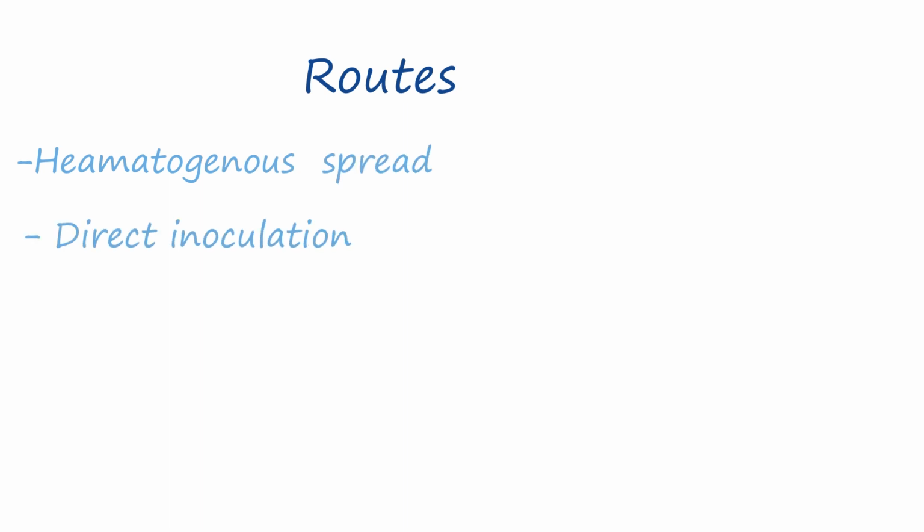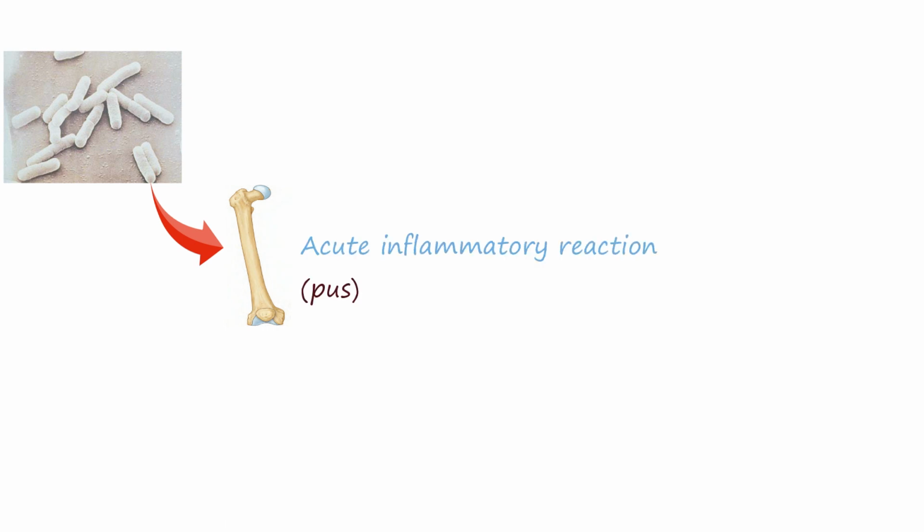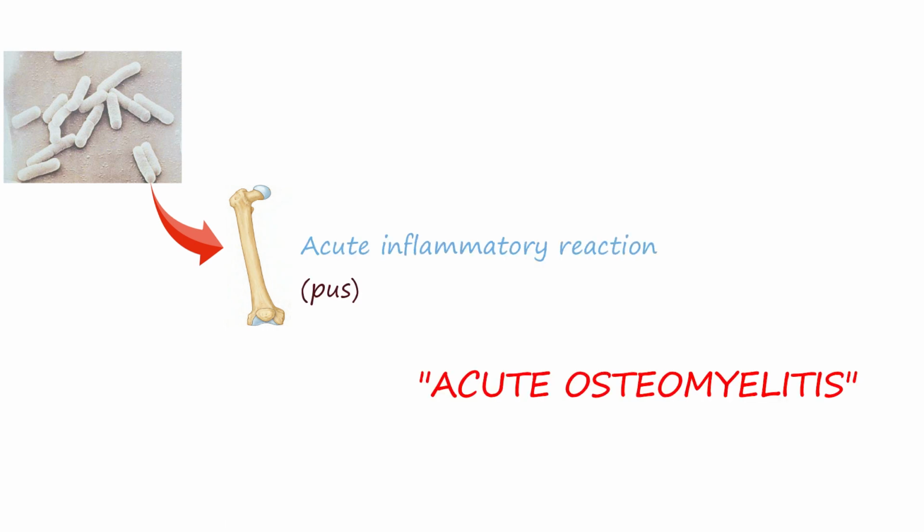These microorganisms can reach the bone via hematogenous spread or direct inoculation through an open fracture, common to bones like the tibia, femur, and the humerus. When the microorganism enters the bone, it will induce an acute inflammatory reaction, hence forming pus. This is acute osteomyelitis. The patient will experience a fever, severe pain over the affected bone, and a warmer skin